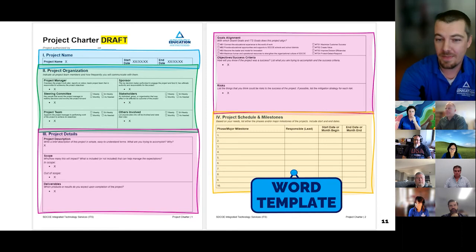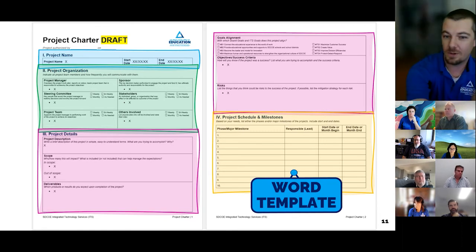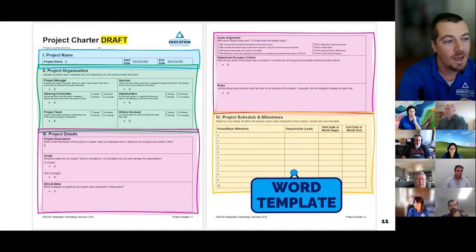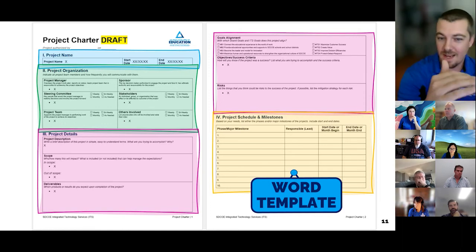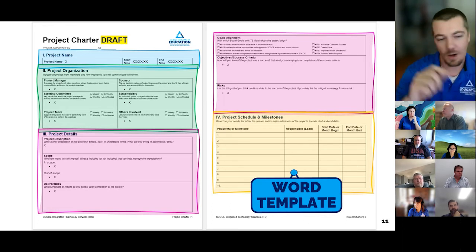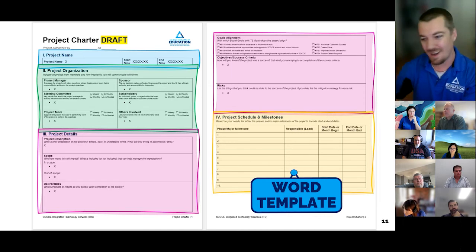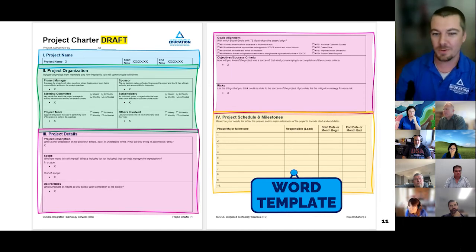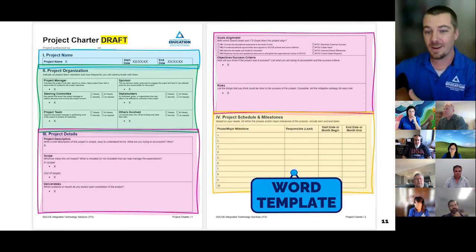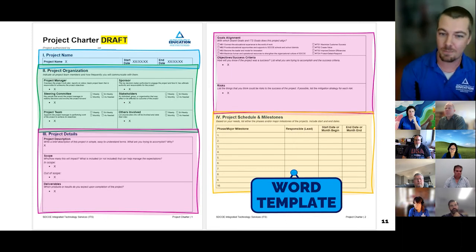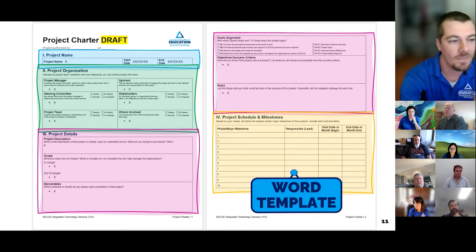Next, we've got the scope, and that's where you get specific. That's where you're saying very detailed terms. This is what we're doing. Bam, bam, bam, bam, bam. And sometimes it's useful to put what's not in scope, especially if you know that's going to be a point of contention where, oh, I know they're going to ask about this and that's not part of the project. Sometimes it's helpful to put that so that you can define that. And later on at the end of the project, when they said, what about this? You can say, nope, you agreed. This is out of scope. We can add that on afterwards as a separate project, but that was not part of the scope of this project.